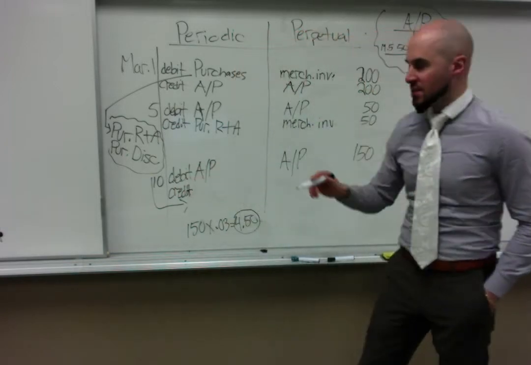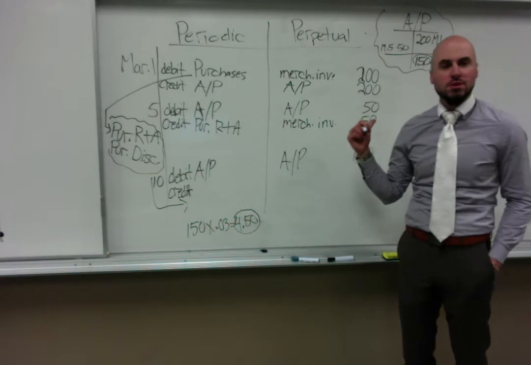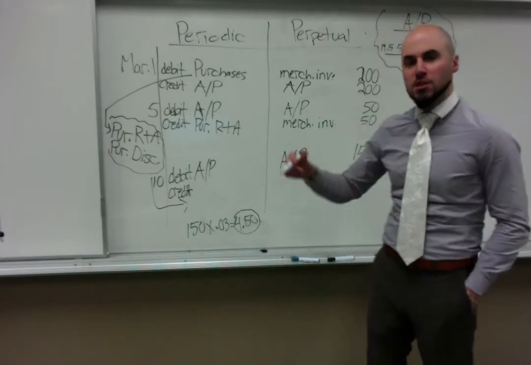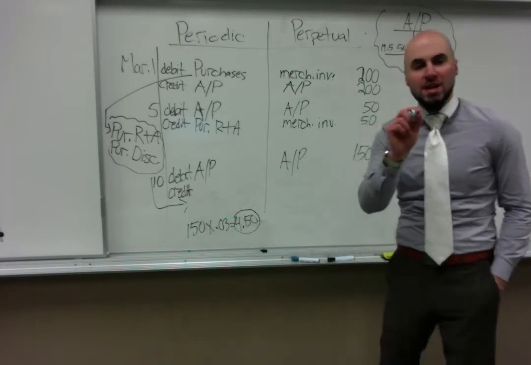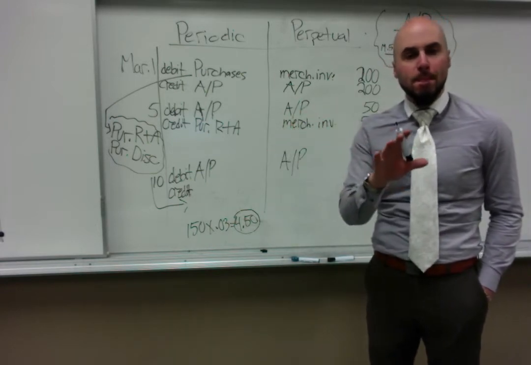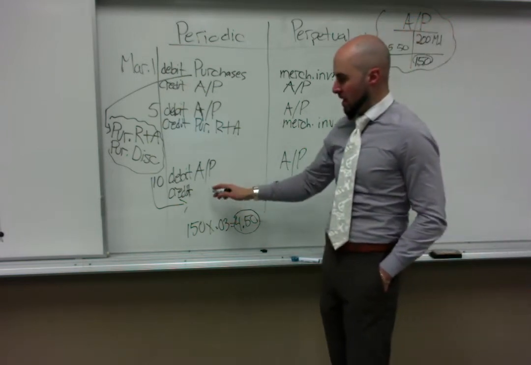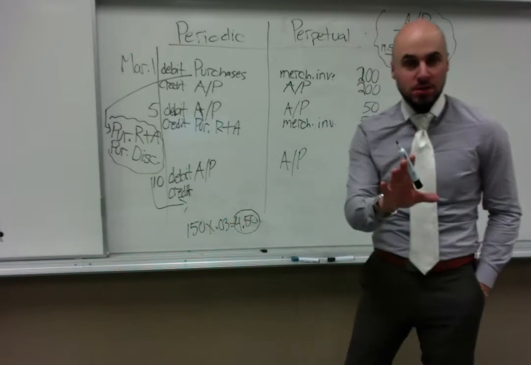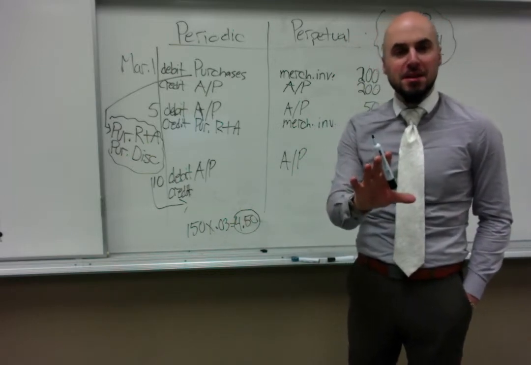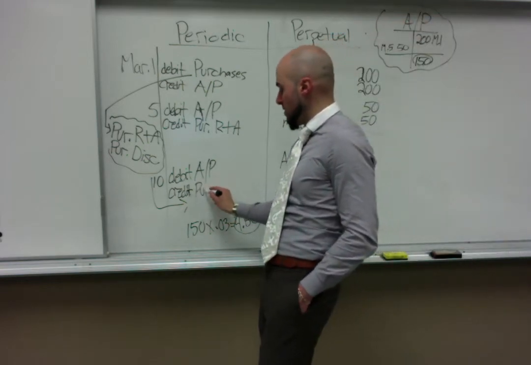And excuse me, I said purchase discounts a few seconds ago will also apply to the perpetual system. Yes, that's true, it will apply to the perpetual system, but we won't name it purchase discounts, and I'll show you what I mean, but let's get to that at that point. Credit in the periodic system, I think one at a time is better even for me. In the periodic system, credit purchase discounts here